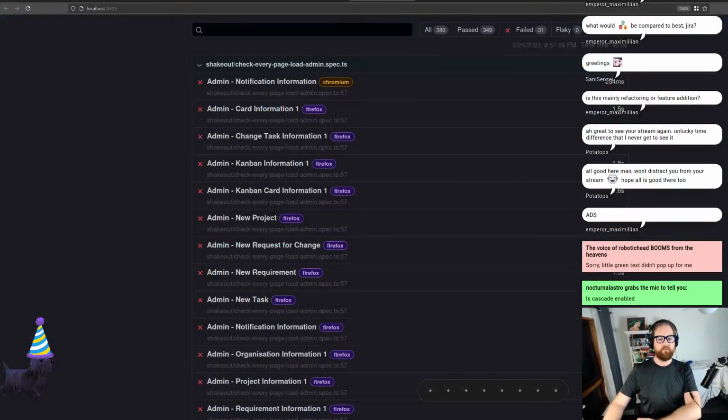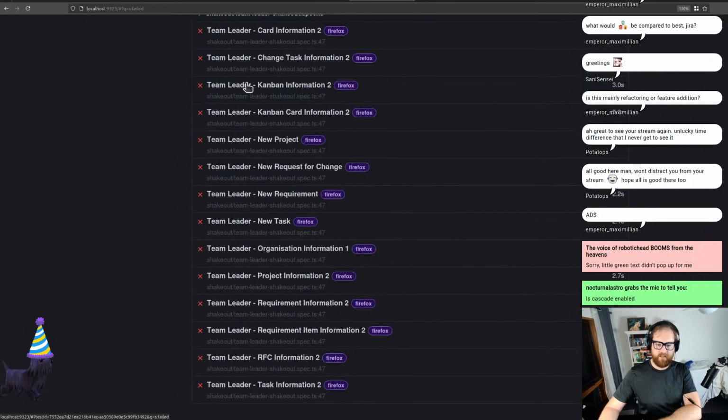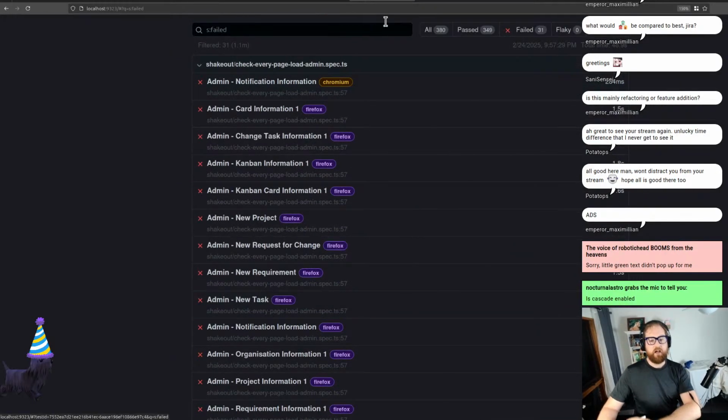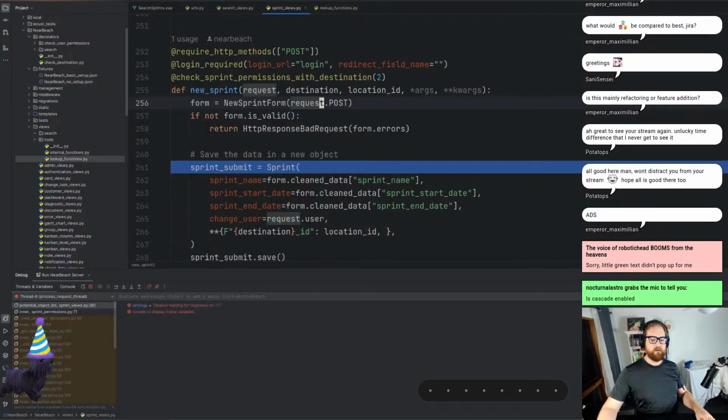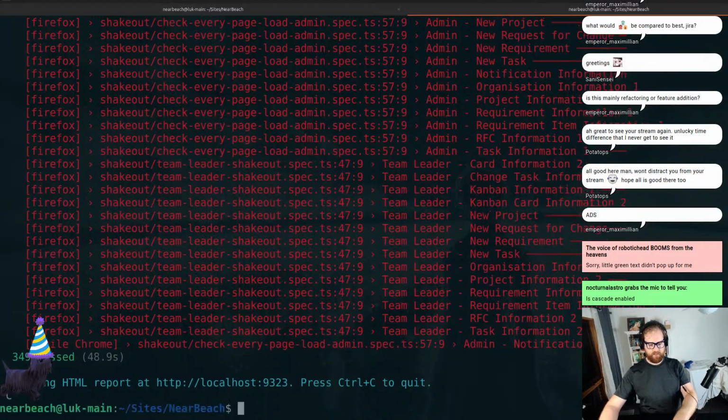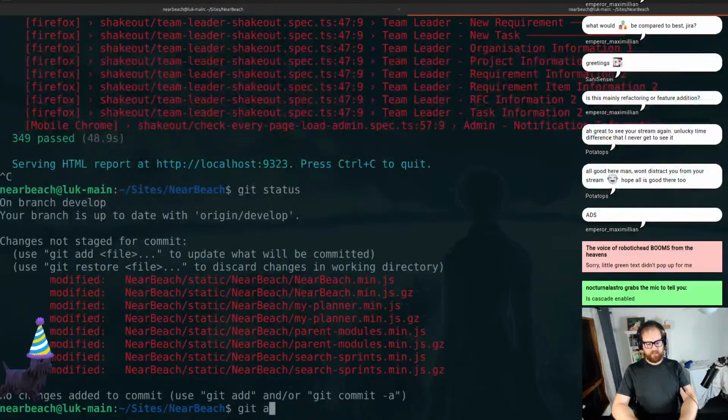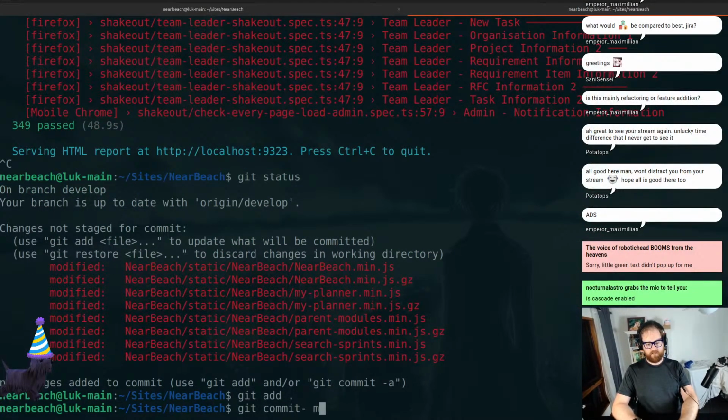Yeah, it's Firefox. So I'm looking at just the failed. It's just the admin notification. That's because I've just deleted it. It's just the fixture thing. All of that's fine. Those are known issues. So git status, git add everything, git commit,